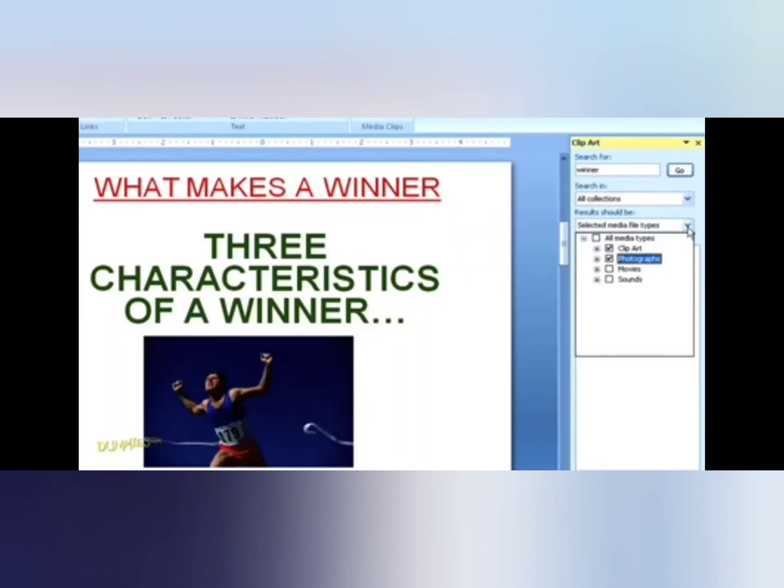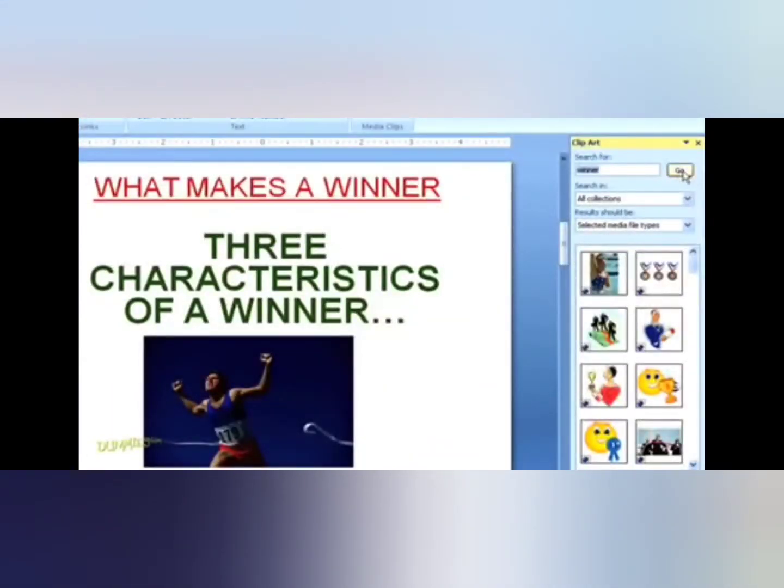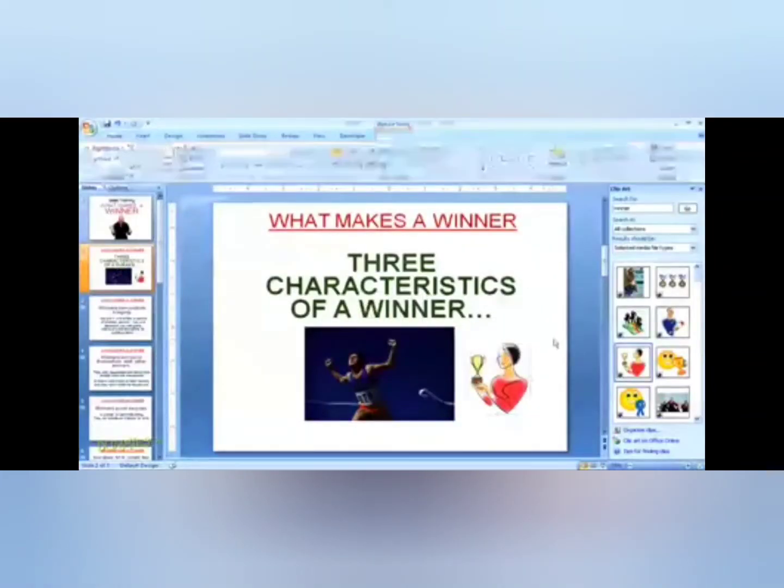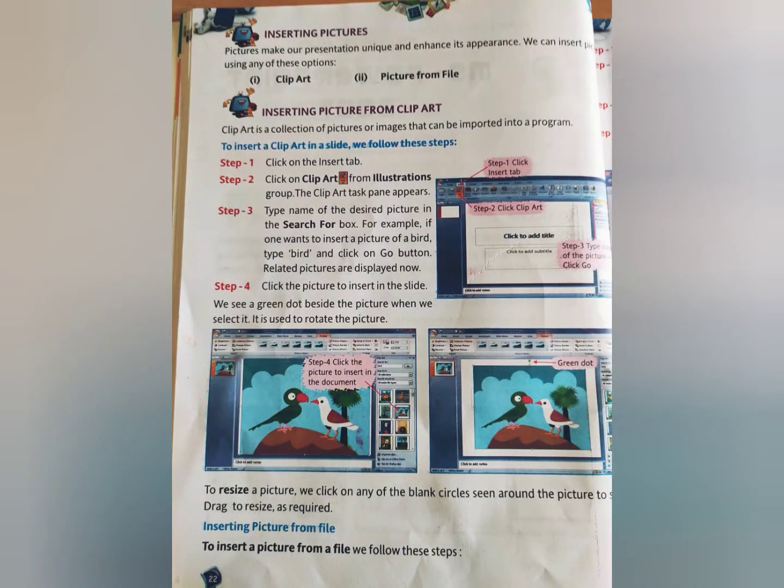For example, if you want a picture of any bird or any animal, you can write that particular name and click on go. Now you will see many options. Whichever option you like, you can insert that. So that's it. This is about inserting pictures from clip art.